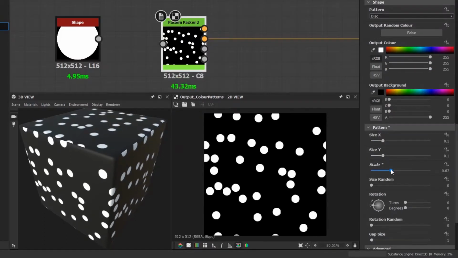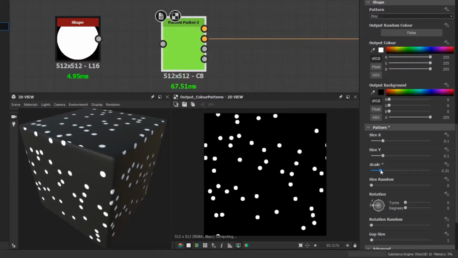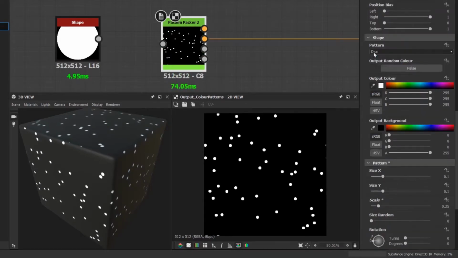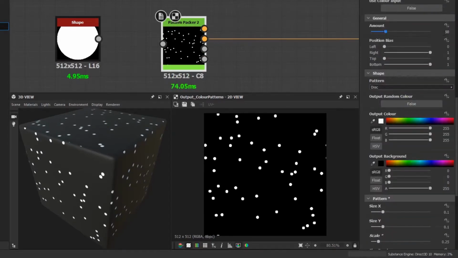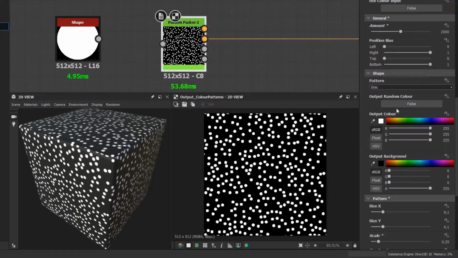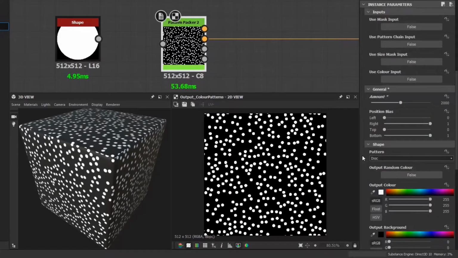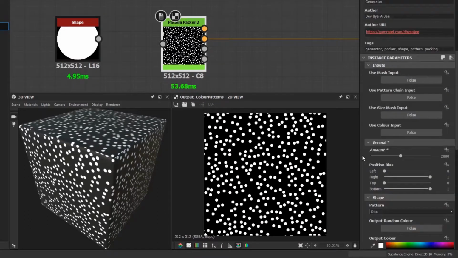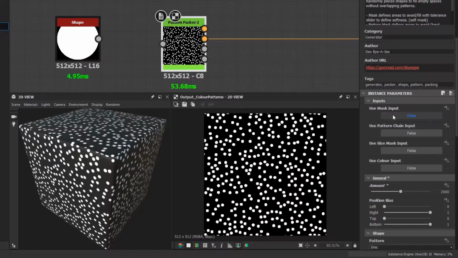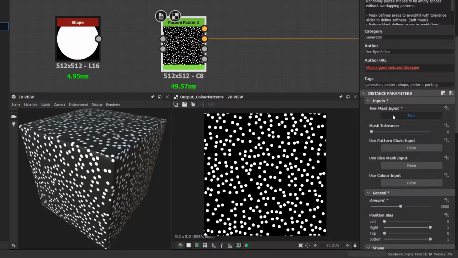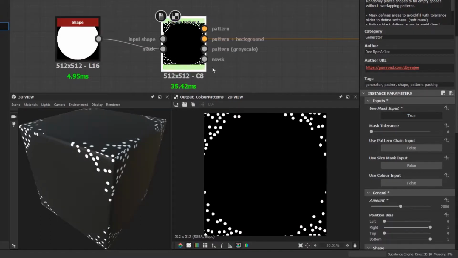So I'll reduce the scaling to something like that. Then I'll increase the amount to 2000. Okay, cool. Then I'll scroll up to the inputs and enable mask inputs. You'll see that you have a tolerance slider and a new mask input. I'll plug this disk shape into the mask and you can see that the pattern is now avoiding the white